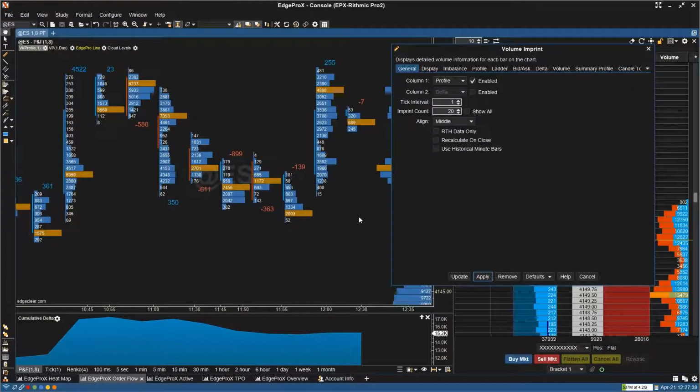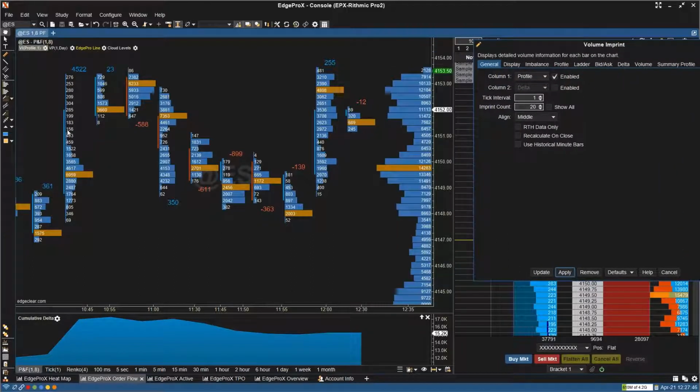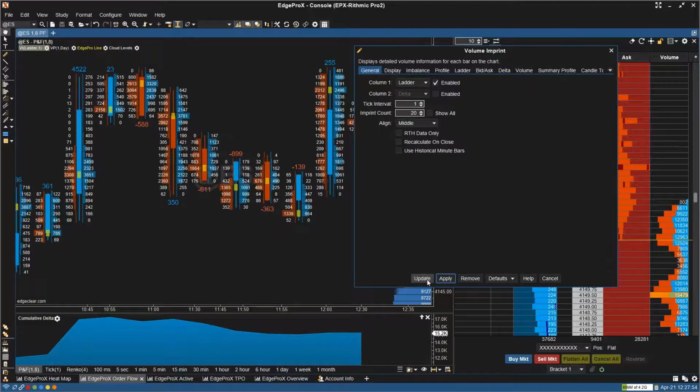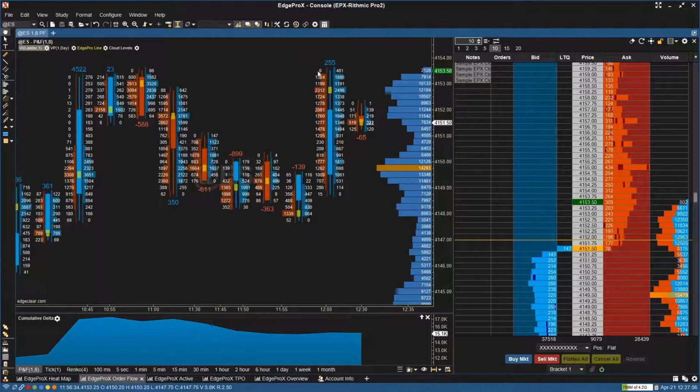So this is the net, the bid plus ask, whatever traded at that price, giving you volume imprints all across using a profile. And of course, you can go back to the ladder, which shows you a candlestick with what has traded on the bid and offer. The number up top here, the 255, that is the volume delta